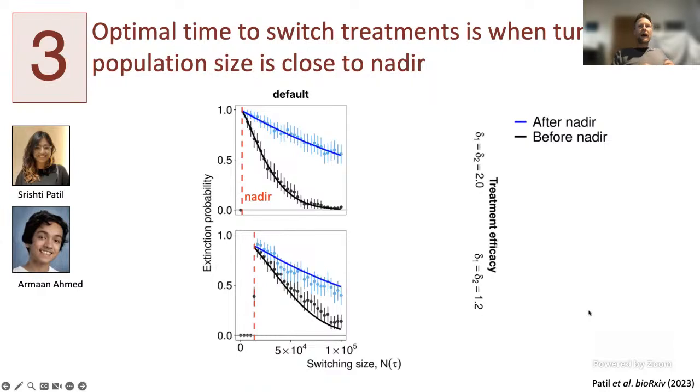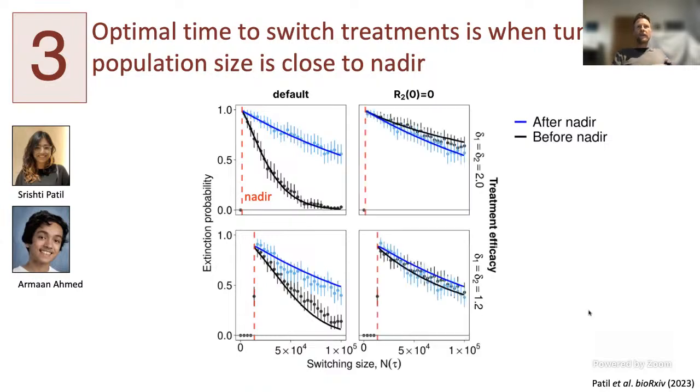And the reason for that is shown in the second set of slides here. It's down to this R2 population. So if you treat after, then you give more time for this R2 population that is there initially to be depleted before you apply the second treatment. So if you assume that R2 cells are absent at the beginning, then that difference between the two cases is much diminished, as shown here.